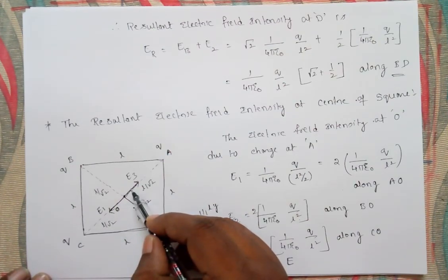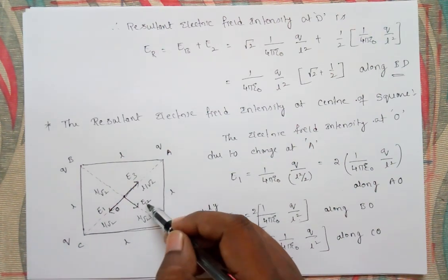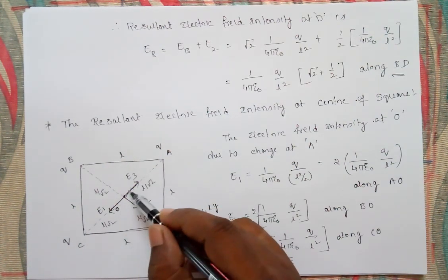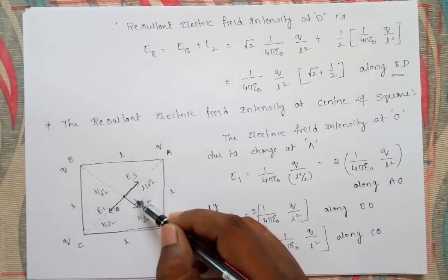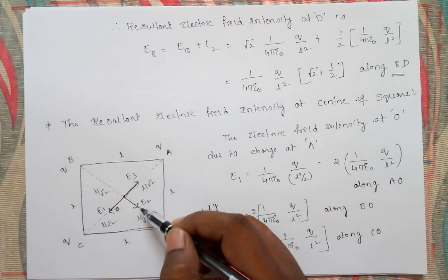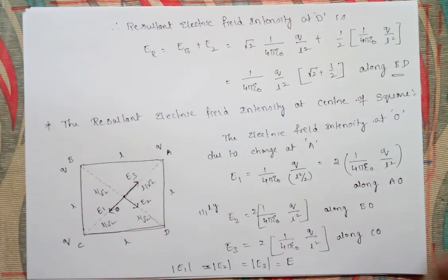Opposite in direction, in the sense that these two resultants will become 0. What will remain is only E2, because these two are equal and opposite, which means the resultant of E1 and E3 is 0. Still what remains is E2. So the resultant electric field intensity is E2 only. Therefore you can write that